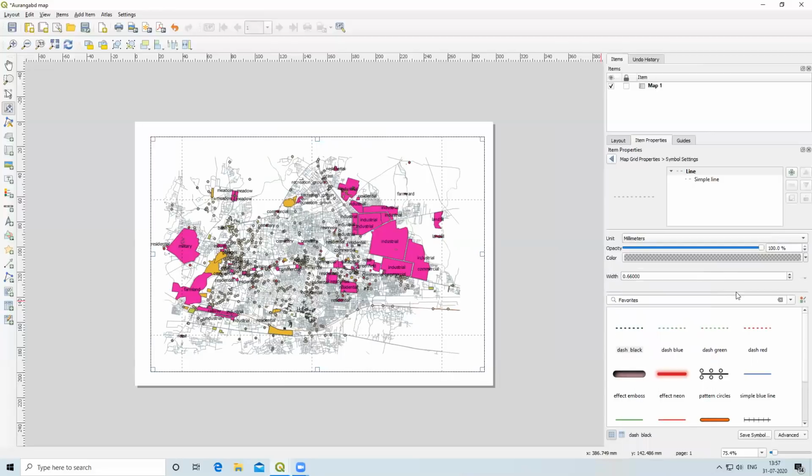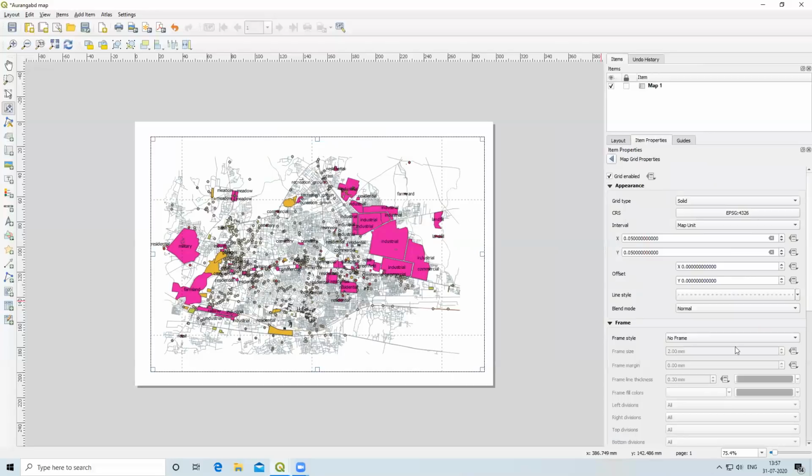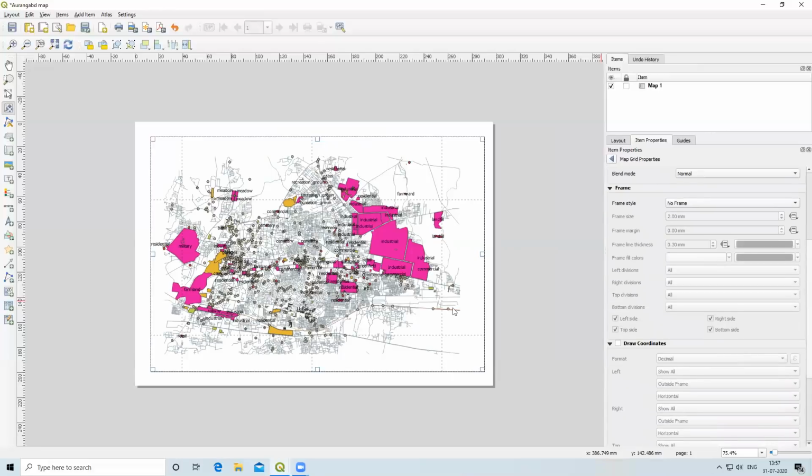Now we'll go back from here. After that, I want to add a frame to the map. To add a frame, no frame option is there, so I will select zebra.